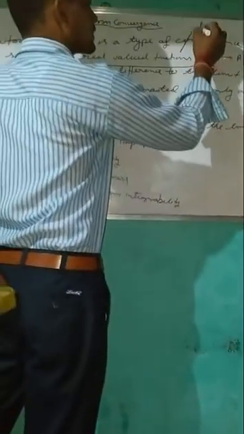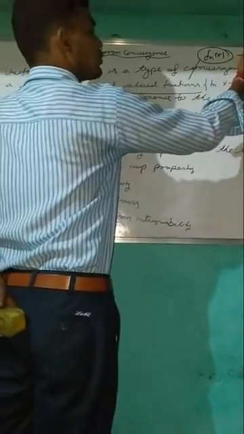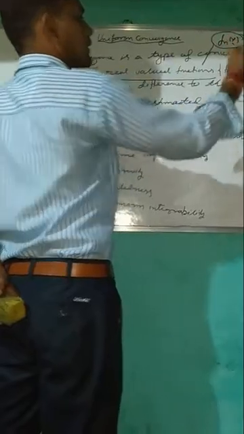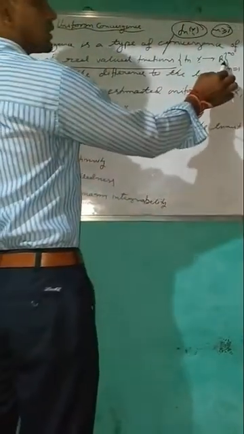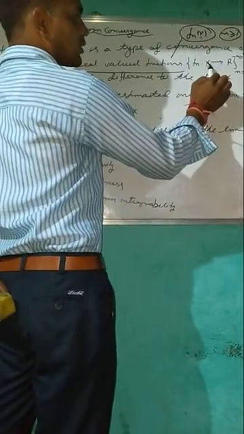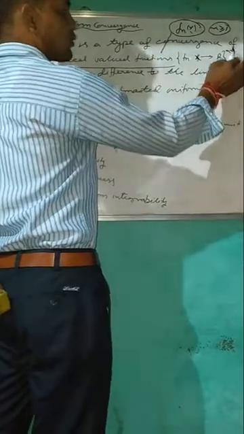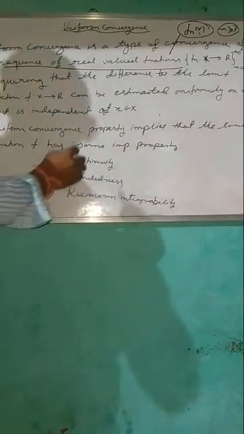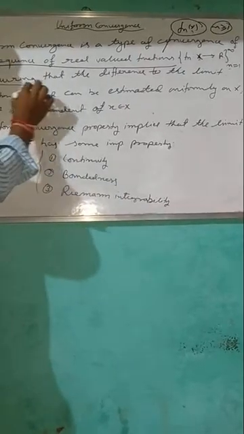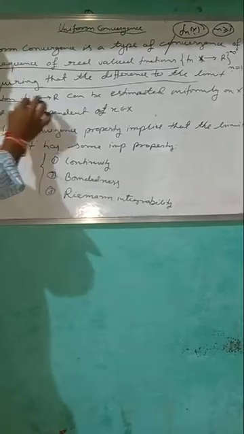That is a function like f_n(x), in which n is always greater than or equal to 1, a natural number, and x is the independent variable. And f_n(x) tends to f as n goes from 1 to infinity requires that the difference, this is a very important line, requiring that the difference to the limiting function